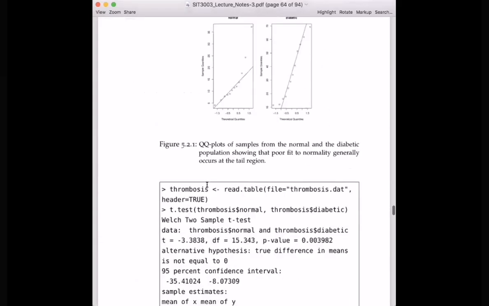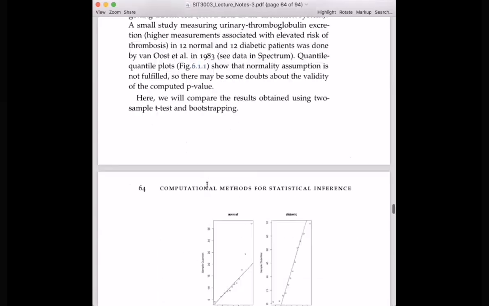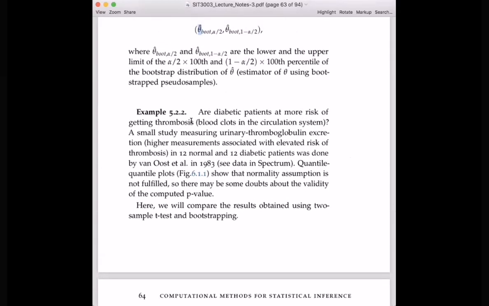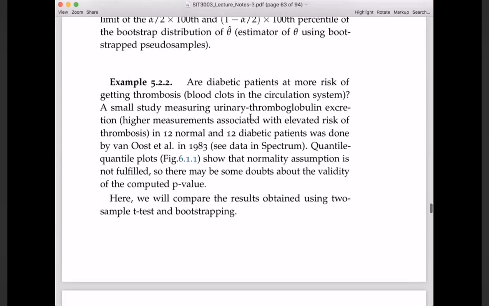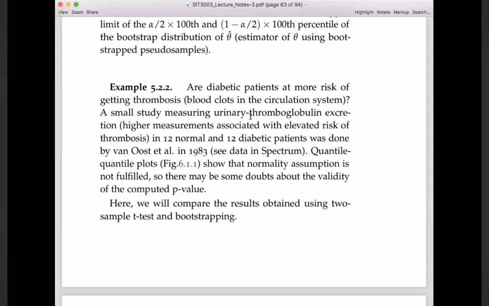Let me see, do I have an example here? Okay, so I have an example here. This is an analysis with a real example to drive home the message. Right, so this is a question on whether diabetic patients are at more risk of getting thrombosis, some kind of blood clots. So this is an early study in the 1980s. And the researcher wanted to use the t-test, right? But